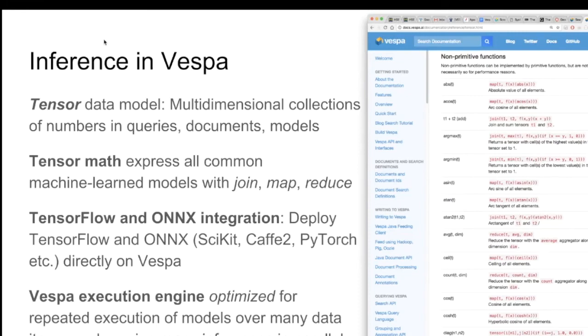But that's still too much work for many users because they need to learn a model in some offline tool and then hand translate to Vespa, which is burdensome. So we also support TensorFlow and any tool that outputs their models as ONNX directly on Vespa. You can just save your TensorFlow trained model, or a model trained in some tool that's compatible with ONNX, directly into the application package in Vespa and deploy it, and Vespa will run it for you.